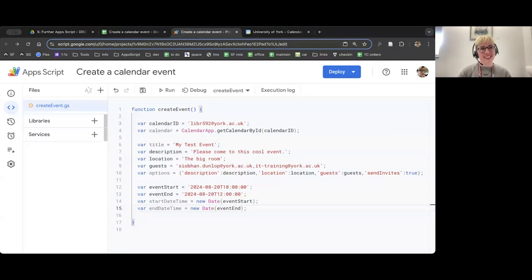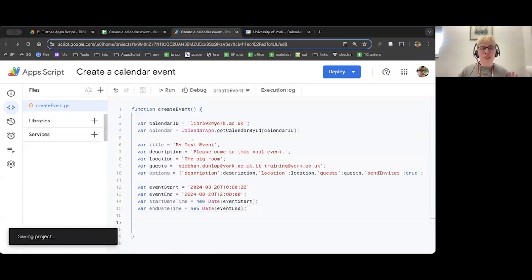So that was the bit that's a little bit of a headache, just getting that bit right. And as I say, there's lots of different ways you can do that stage, but what you need to end up with is a JavaScript date object, one for the start of the event and another for the end of the event. So I'm going to hit enter a couple of times again and hit save.